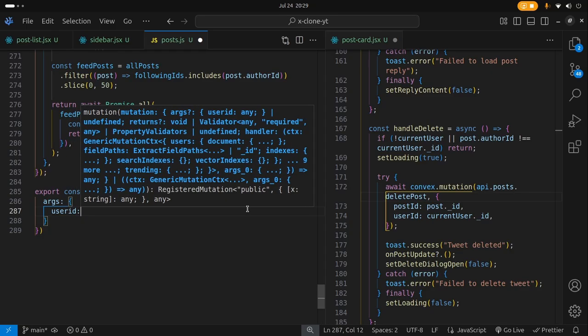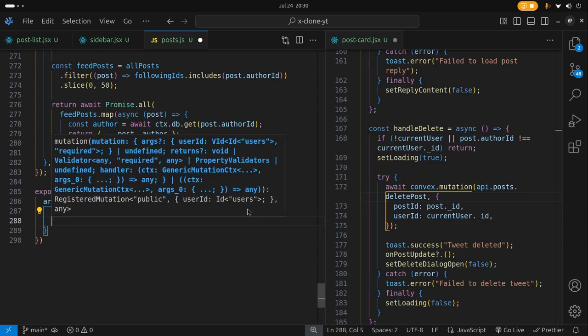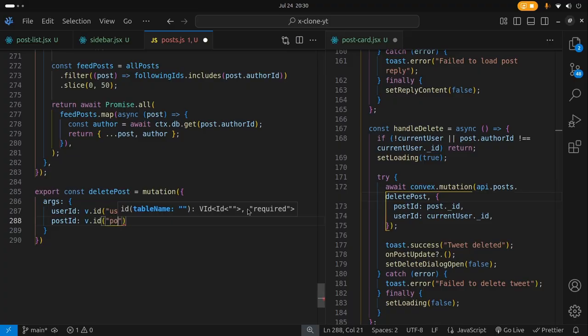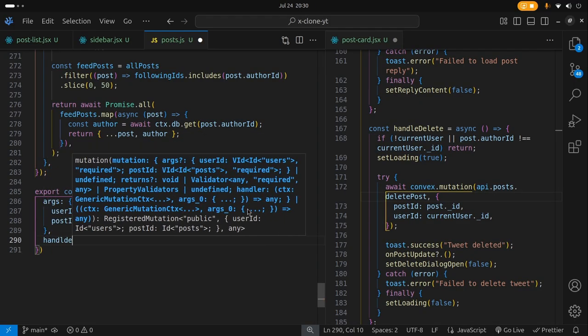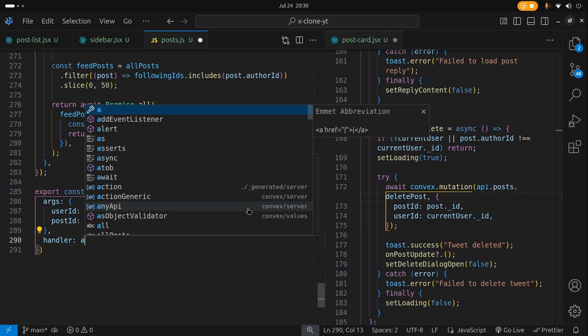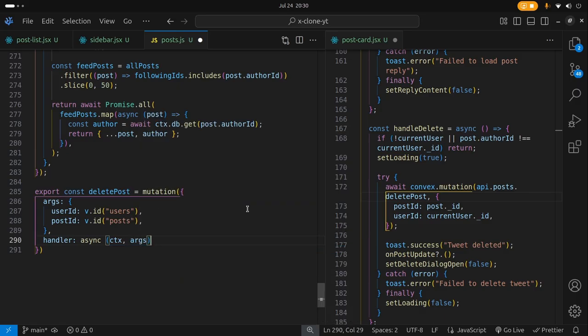The user ID is v.id coming from the users table, and then the post ID is v.id coming from the posts table. And then the handler here is as always an asynchronous function taking the context and the arguments,